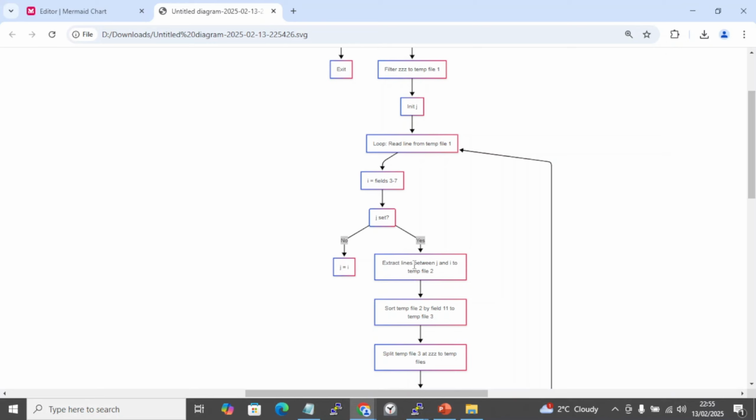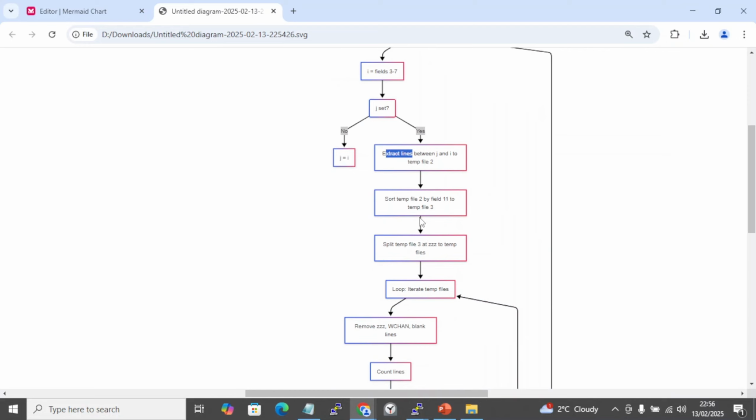If it is set, go ahead and identify all the lines between j and I, because you have the first timestamp and then the second timestamp and all the content between them. Yes, push them over to another file and sort the file based on field number 11. That's specifically done for one purpose, because if your job process has been running for more than a particular amount of time,